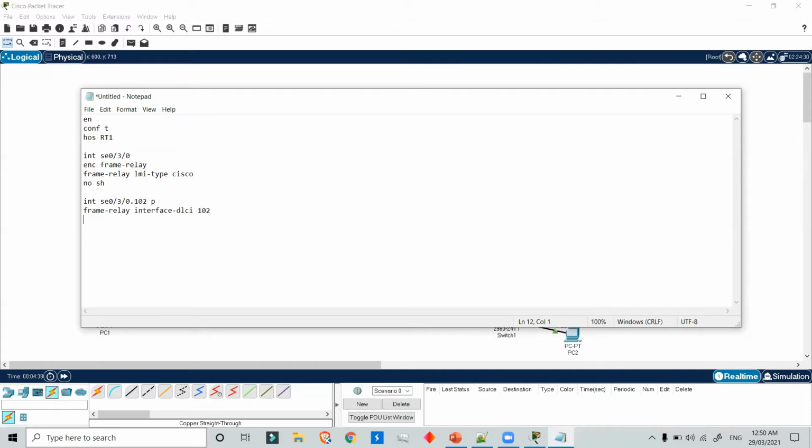102. Then we'll provide the IP address for this connection, and subnet mask.